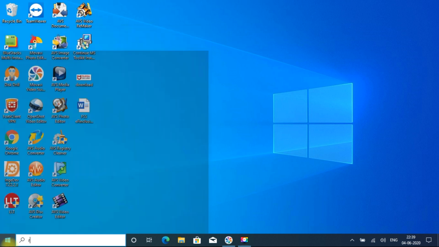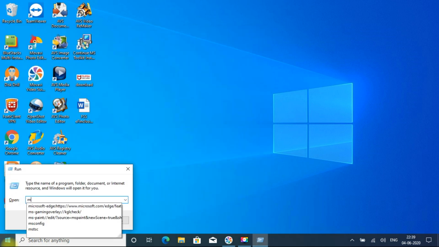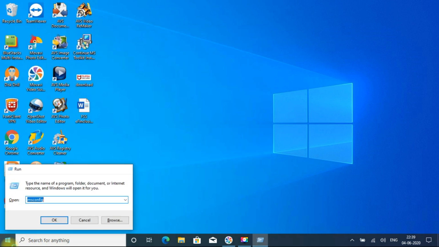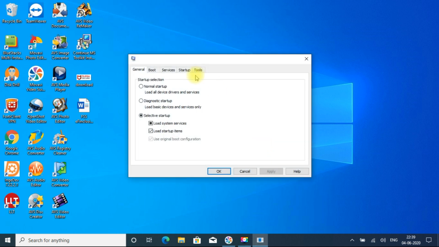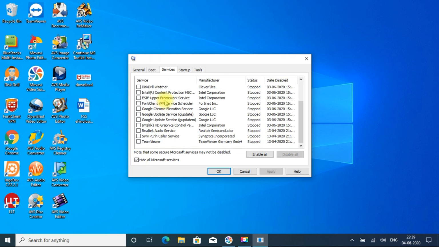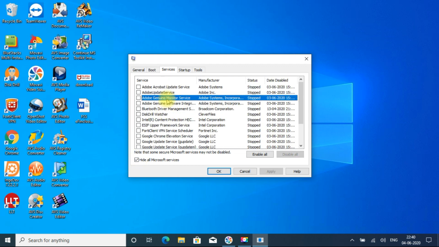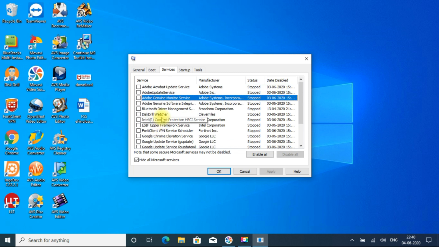Just go to Run and type msconfig. Go to Services, hide all Microsoft services and check. So all the McAfee services are uninstalled.